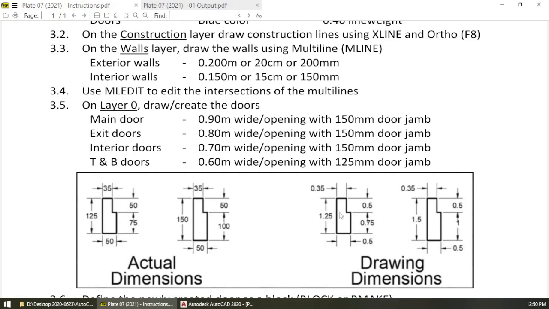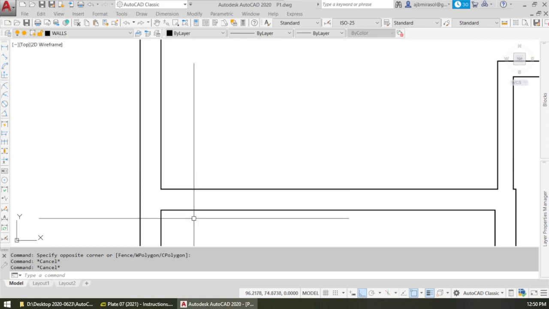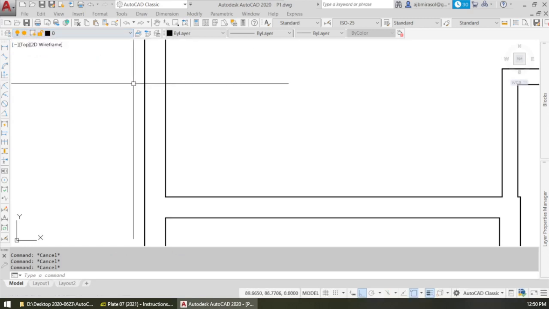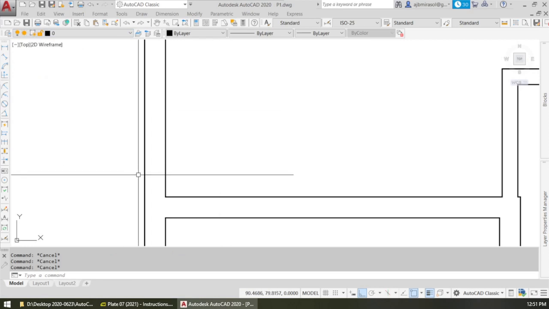However, to draw that in our drawing to scale 1:100, we have to divide this all by 25. Okay, so the dimensions will be 1.25, 1.5, 0.30, 0.35, etc. So we're drawing this first. Let's go back here. Okay, so line, let's go. By the way, when you are drawing, when you're making layers, you're making blocks, always draw in layer 0. So line,